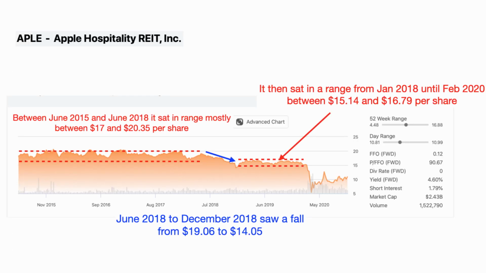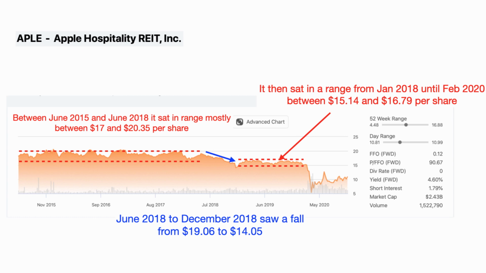So next, let's look at the historical share price. So between 2015 and June 2018, it sat in a range of between $17 and $20.35 per share. It then fell between June 2018 to December 2018. There was a fall from $19.06 per share to $14.05 per share. It then sat in a range from January 2018 until February 2020 between $15.14 per share